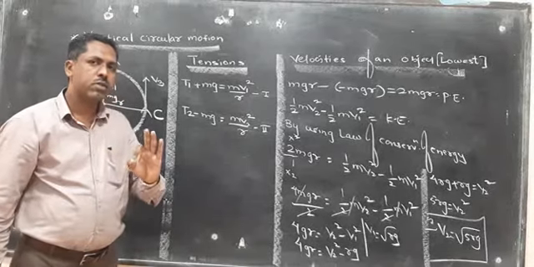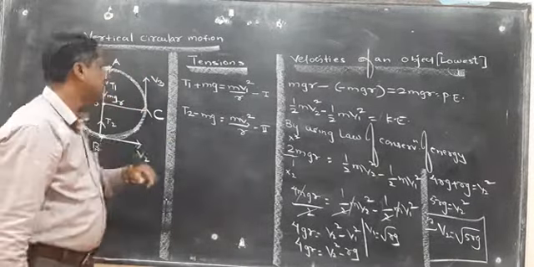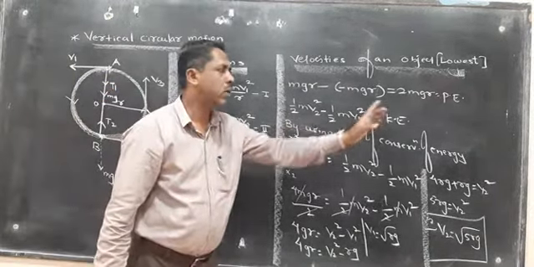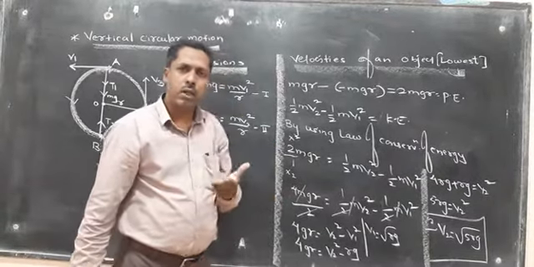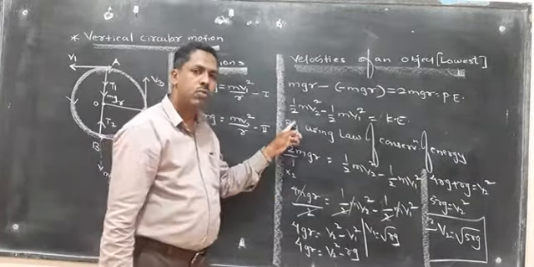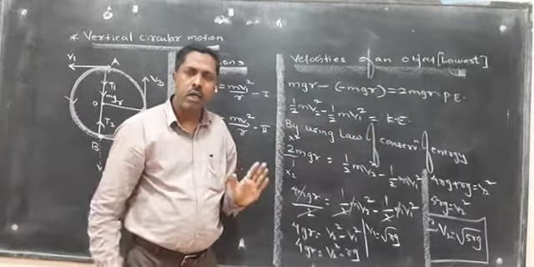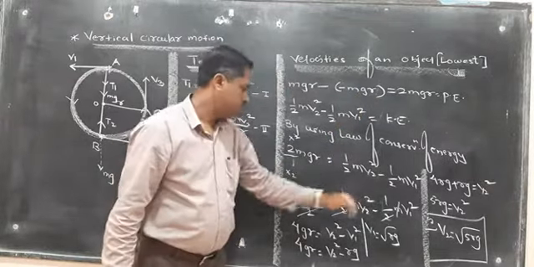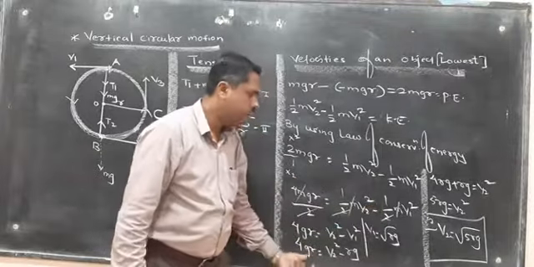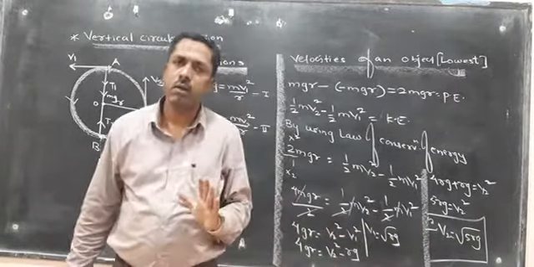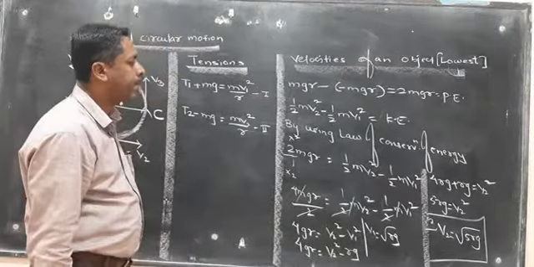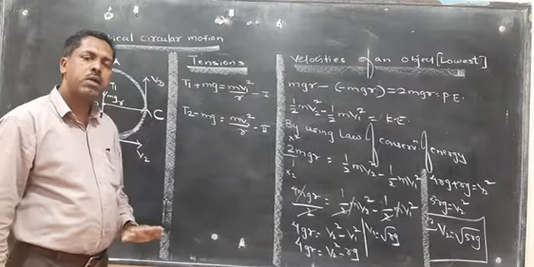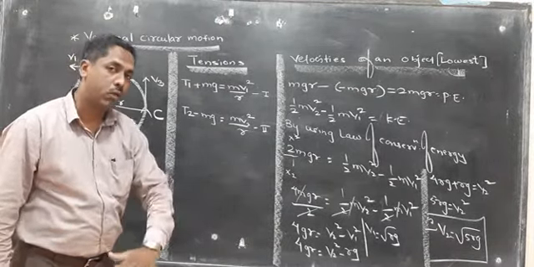How does it take place? First of all, the potential energy of an object at the top, coming from top to bottom, is mgr minus of minus mgr, twice mgr. Coming from top to bottom, obviously it has certain kinetic energy, 1/2 m v2 square minus 1/2 m v1 square. By using the law of conservation of energy, equating both the above equations, multiplied by 2 for balancing, finally we get v2 is equal to under root 5rg. Watch it carefully. So this is about the velocity of an object at the lowest position.